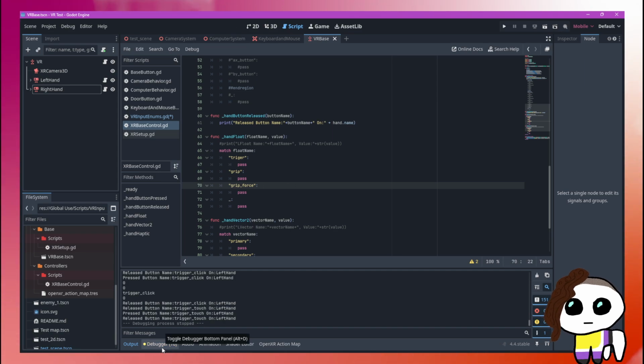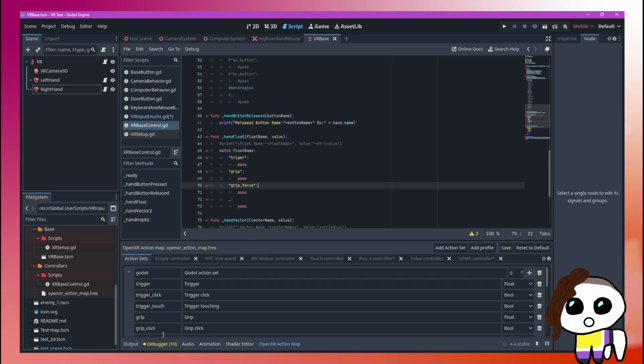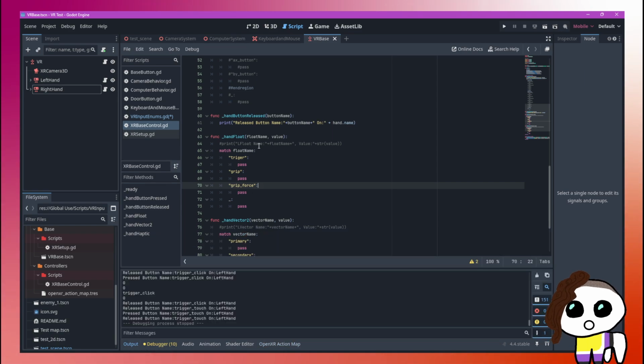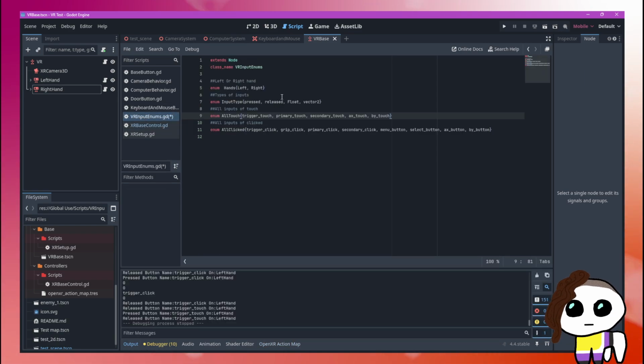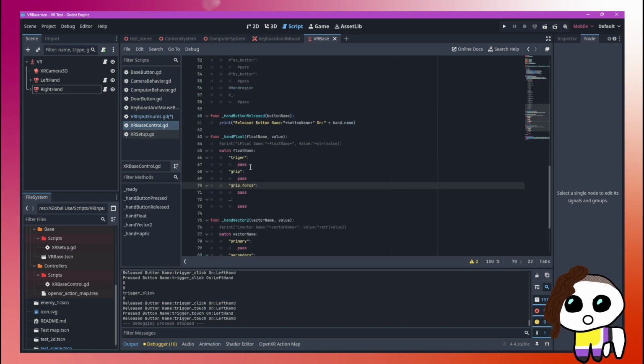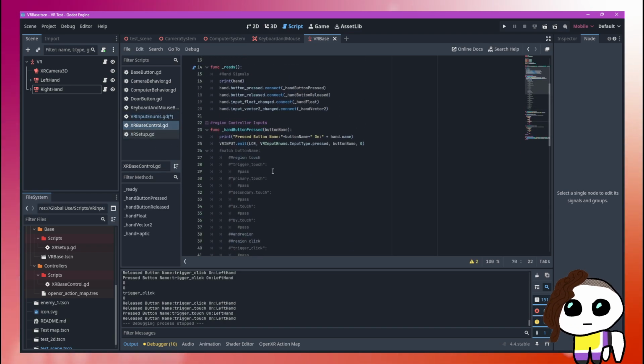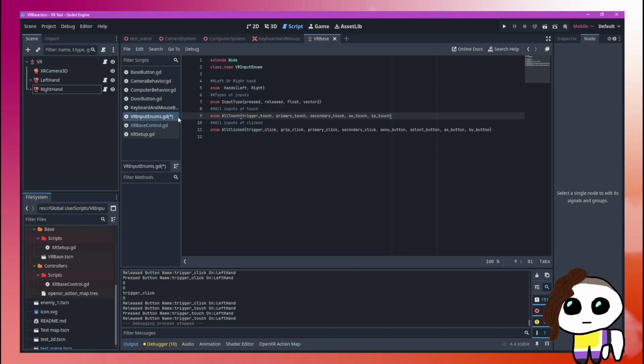But I'm not going to change any of what is set up here. I'm sure there's probably a better way than writing out all of these into the enums, but for now that's how it's going to be. Do I add more here? I think I am going to. I think I'm going to do